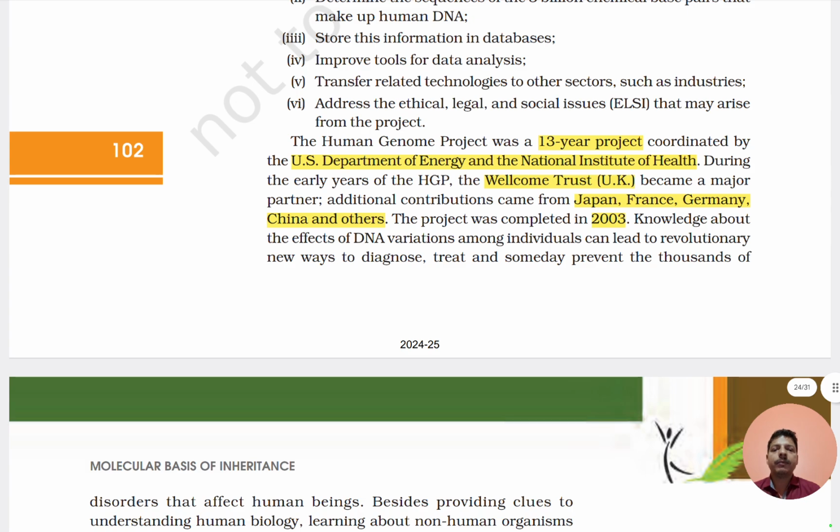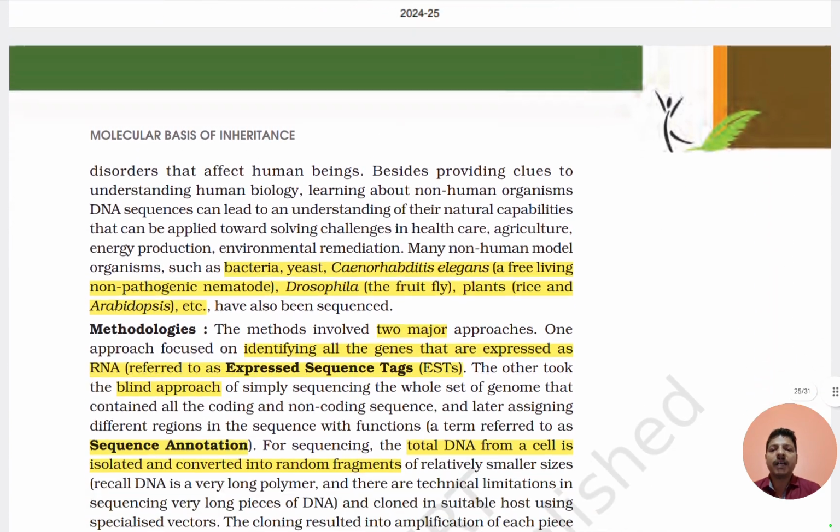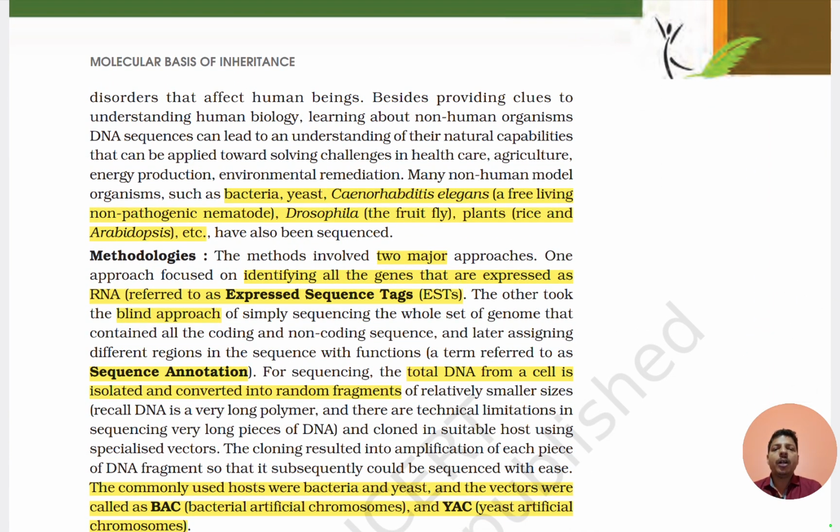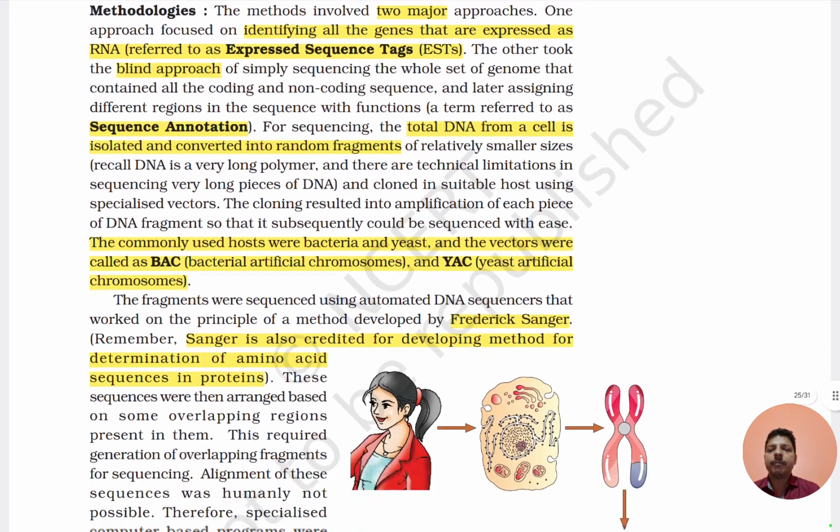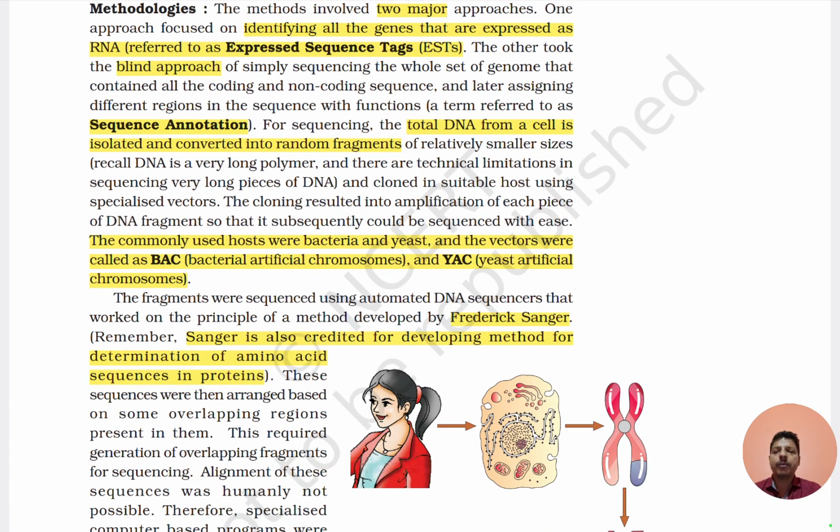and knowledge of the DNA variation among individuals can lead to revolutionary new ways to diagnose, treat and someday prevent the thousands of disorders that affect human beings. Many non-human model organisms such as bacteria, yeast, Caenorhabditis elegans, Drosophila and plants have also been sequenced. Methodologies or approaches are there: EST and a blind approach. Here sequence annotation is there, BAC and YAC are also here, full forms are given, and